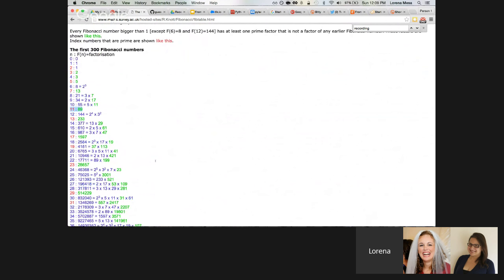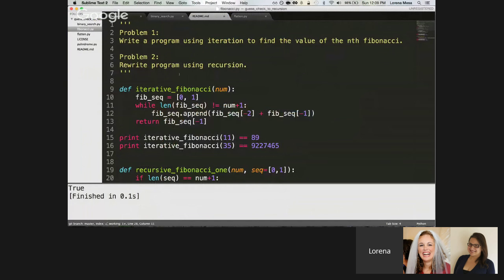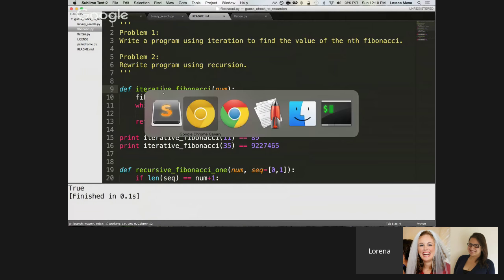Okay, cool. Any questions on Fibonacci? Does that make sense? Okay, I don't see any. So let's go back to it. All right, so we know Fibonacci always starts with 0 and 1. So that's why we've got this here. So if we were to think about Fibonacci,